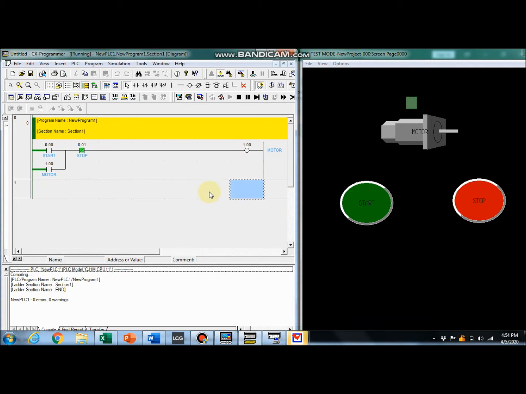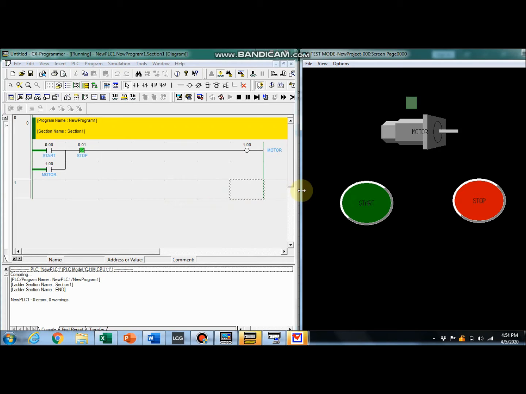If we trigger the start button, the motor will turn on, same as in the ladder diagram. If we press the start button again, nothing happens because the flow is already running through the contact with the motor's own address. Then if we trigger the stop, it will break the flow. Stop, and the motor goes back to the de-energized condition.